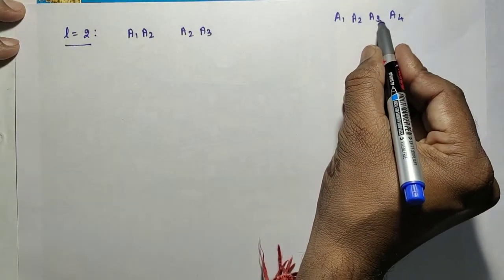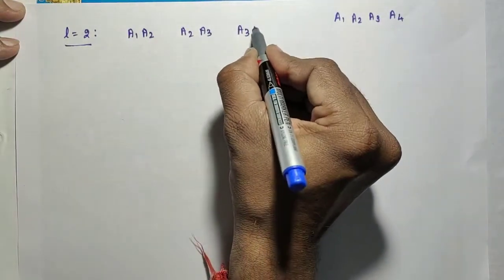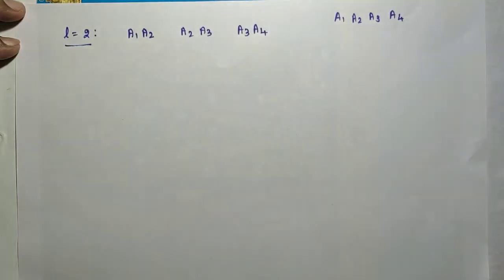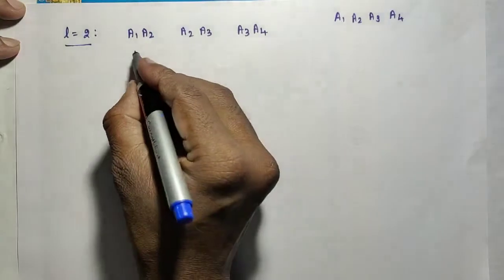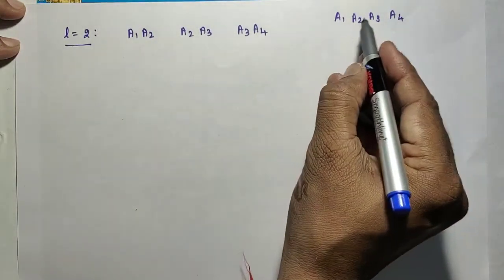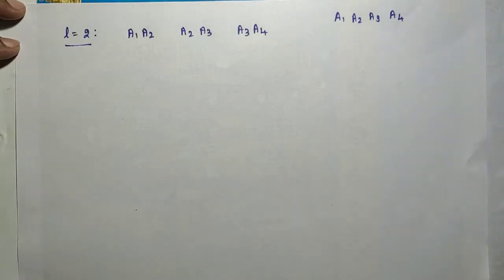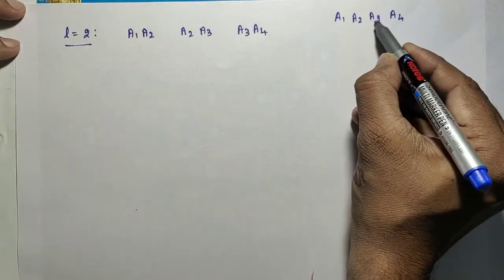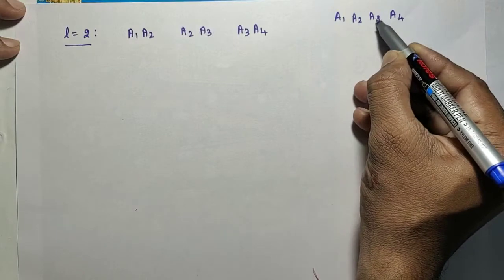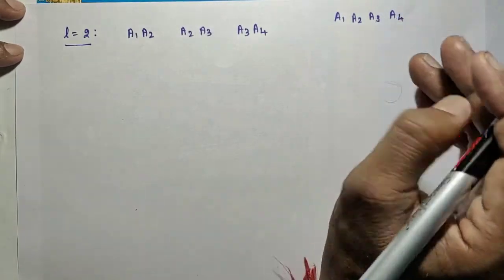Another is A3, A4. Only 3 possible values. We cannot multiply A1, A3 or A1, A4, A2, A4, no other combinations,